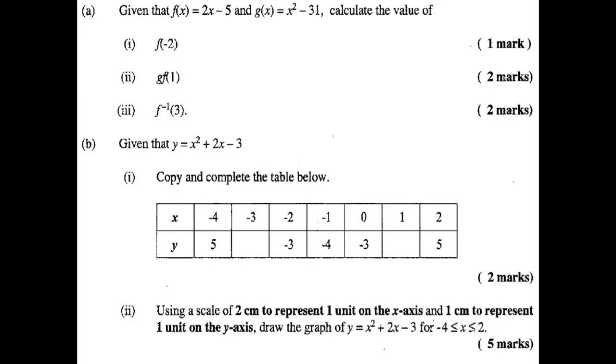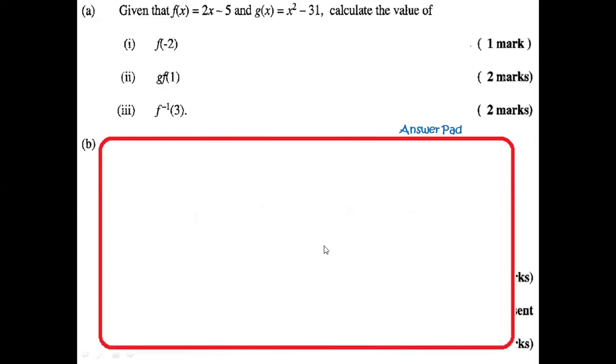All right, so for this question now, none of the concepts here are new. So grab our answer pad here and let's go. So f of minus 2 is what they're asking us to evaluate. And what we're going to do now is just put the minus 2 into the f place right there. So what we have is f is 2x minus 5 and g is x squared minus 31. Now, f of minus 2 is the first thing we're evaluating. So it's 2 times minus 2 minus 5. So that's 2 times minus 2 is minus 4. Minus 5 gives us what? Anybody knows? You can answer before I show you. Minus 9